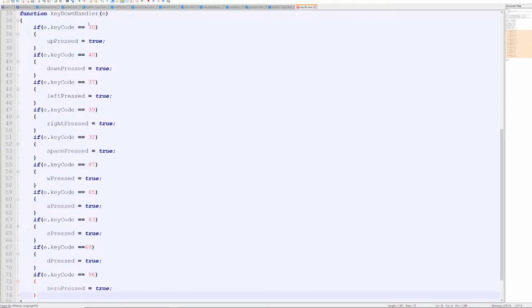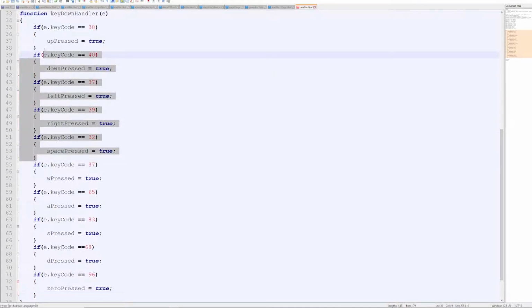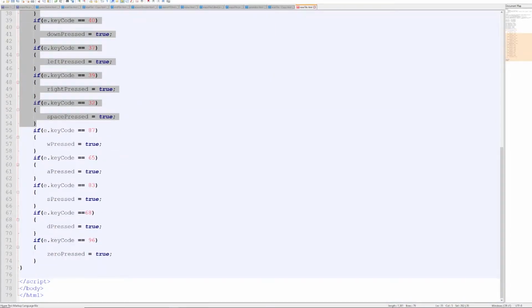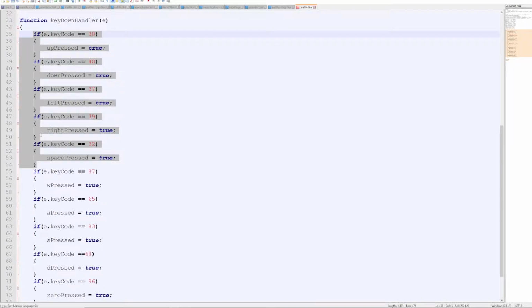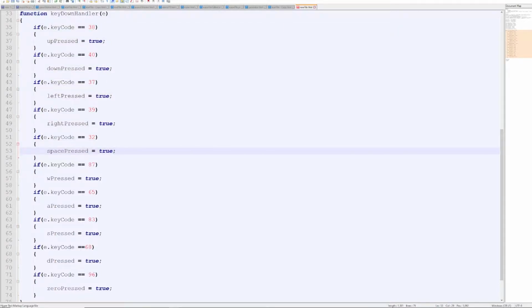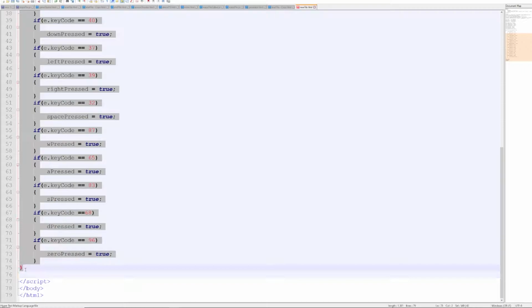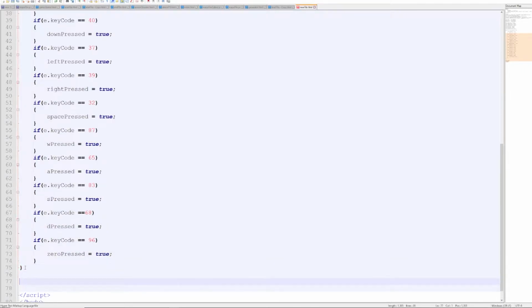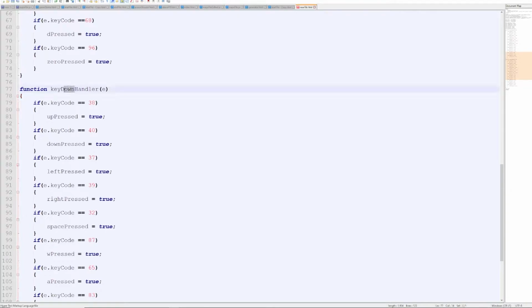And so here we have player 1, which is this player right here, and then player 2, which is right here. So if you need to, go ahead and pause, and we need to get this key down handler situated. So just go ahead and put the values that I have here. And then what we're going to do is do the key up handler. So you can essentially just copy this one and we're just going to change the name to key up,